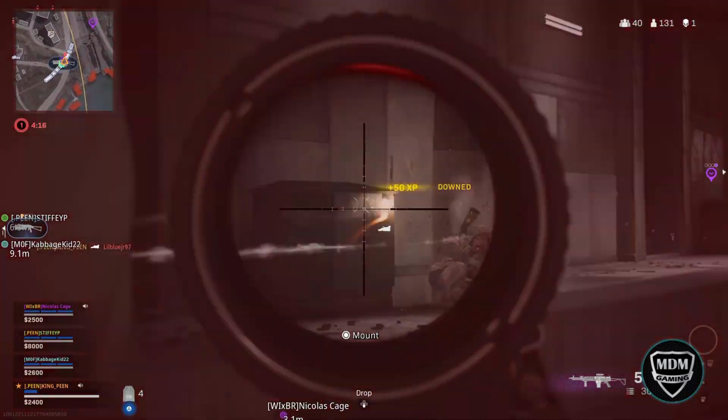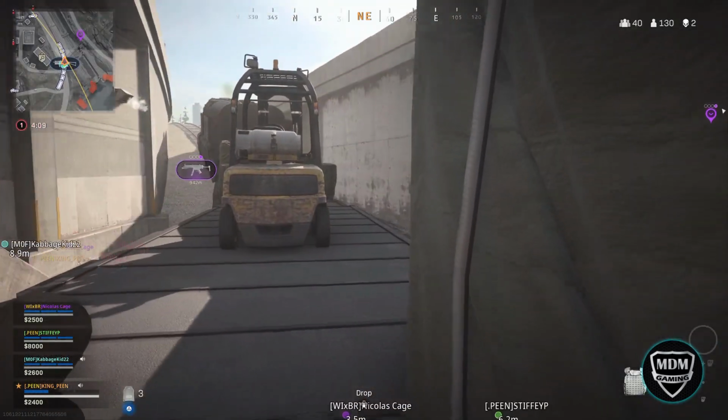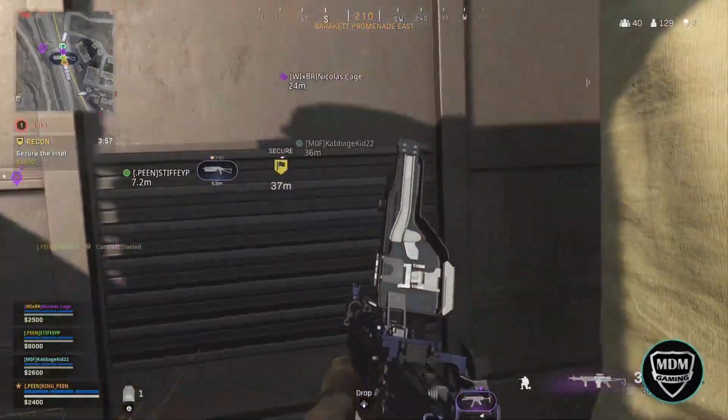There's a guy down here. Oh, dude, there's... Michael, why'd you take him? I was gonna kill him. Well, he was nailing me. I know he's... nailing him. I didn't know he